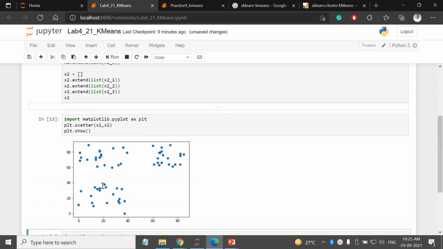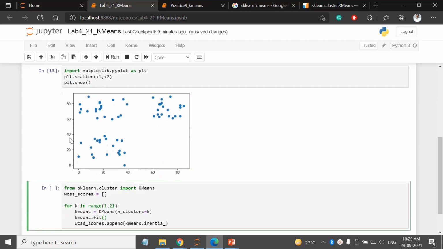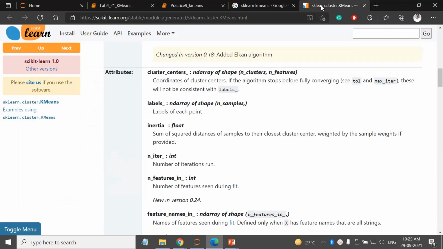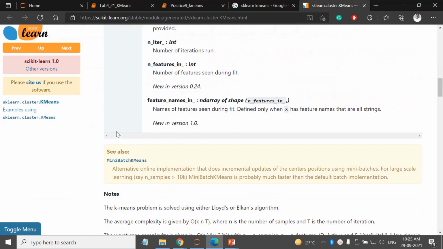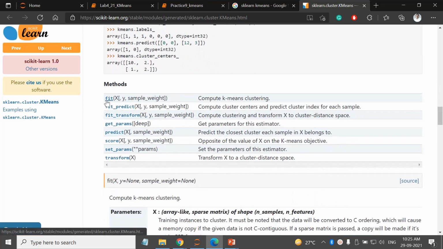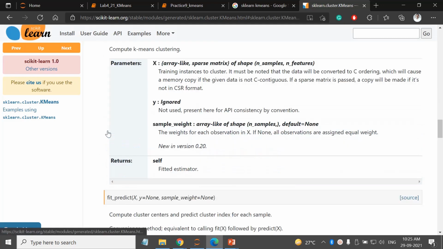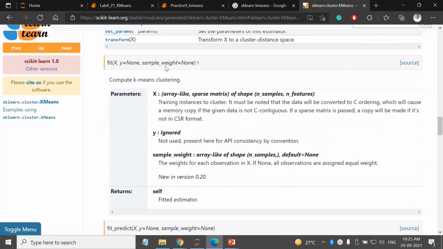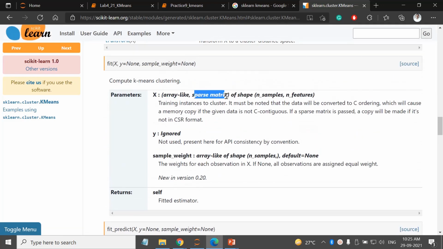My data is present in x1 and x2. But as you can see, let us go to the fit function. The fit function requires X, and what is X? Click on fit: it is array-like or sparse matrix.